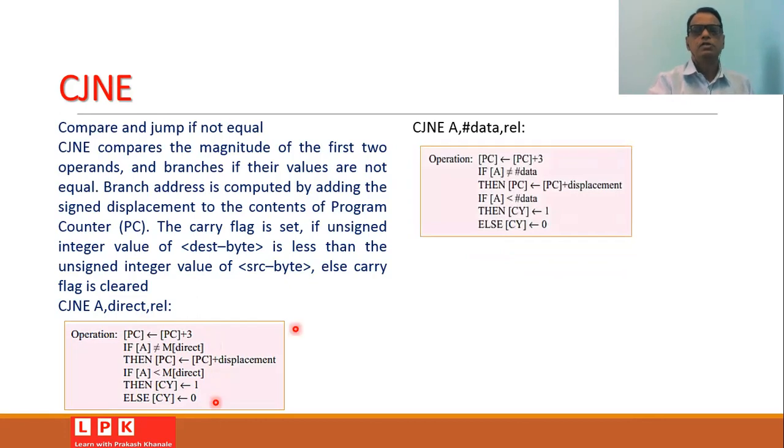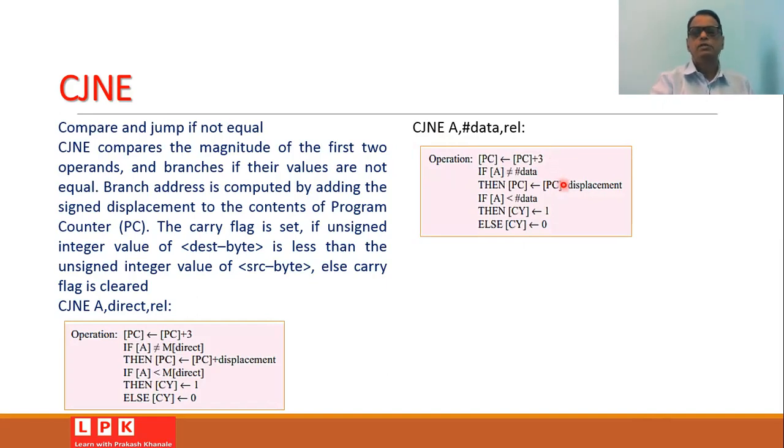Another form of this instruction is CJNE A, #data, relative address. In this case, the data is directly given in the instruction itself. Here also the content of the program counter will be incremented by 3, and the content of the accumulator and the immediate data are compared.